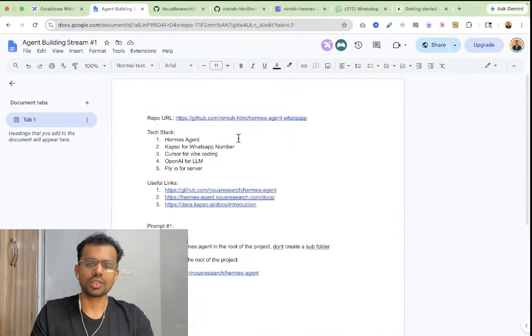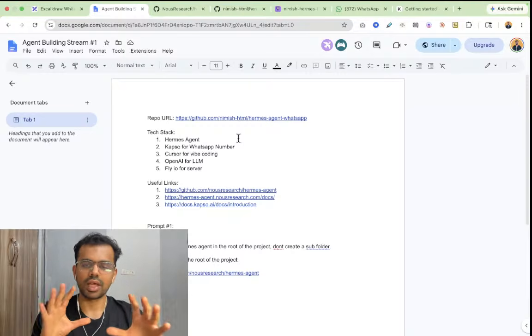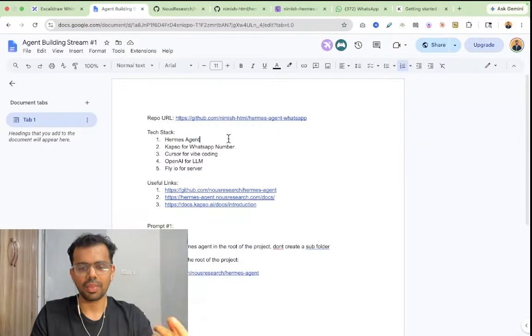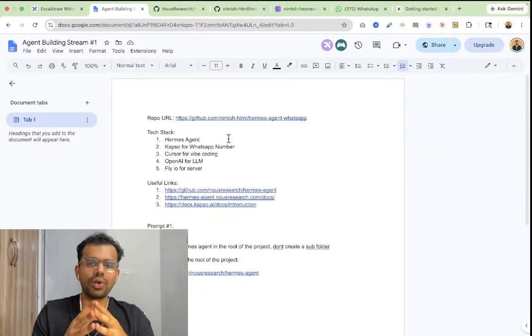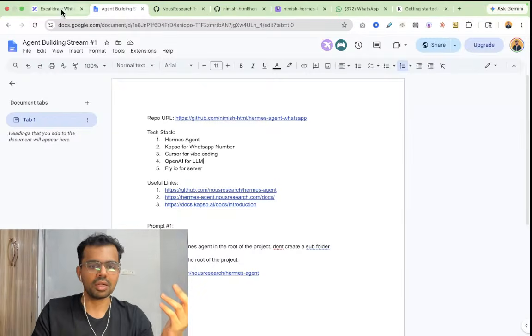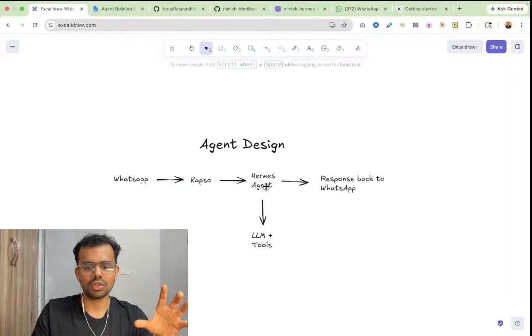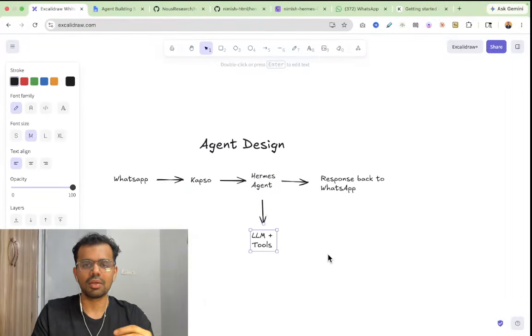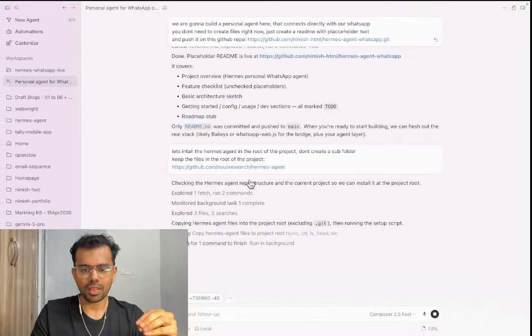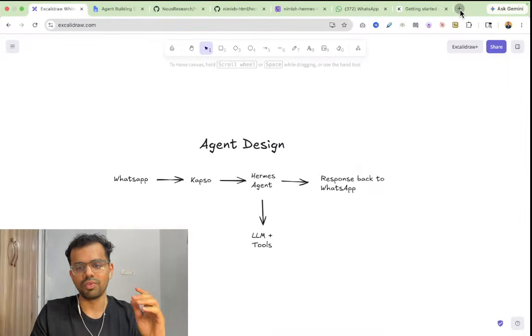While it works on it, let's think through what the next steps are. We have the Hermes agent ready. Now the next thing is we want to test it out and see if the agent is working. But for doing that, we would have to add the LLM layer. If you look at how the agent works, this Hermes agent needs an LLM to work, and for that we would be using OpenAI. So while it does this, we would be going on